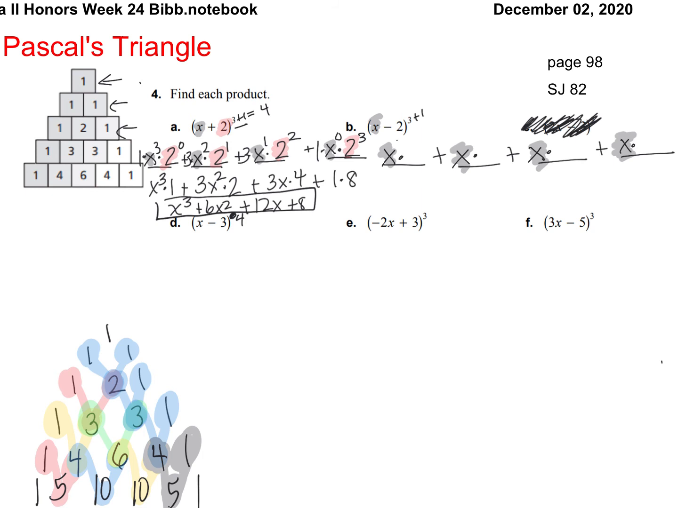Going to go in descending order, 3, 2, 1, 0. I'm going to put negative 2 in the second spot. So negative 2,